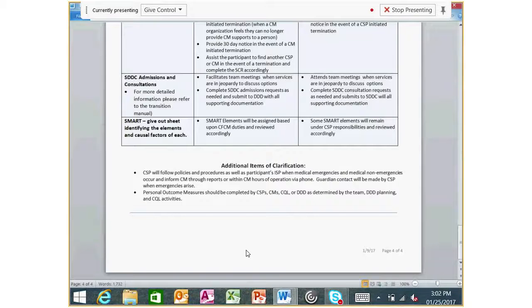The last thing that we want to touch on, at the bottom of our roles and responsibilities document, you'll see a couple additional items for clarification. The first one is that the CSP is expected to follow their policies and procedures as well as the participant's ISP when those medical emergencies and even the non-emergencies occur, and keep the case manager informed through the incident reports or via phone call or email, and that guardian contact should also be made by the CSP when those emergencies